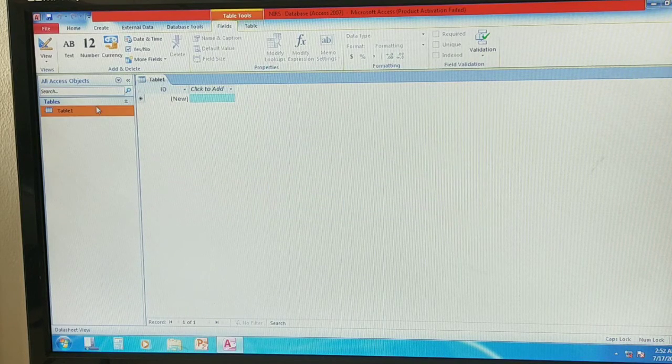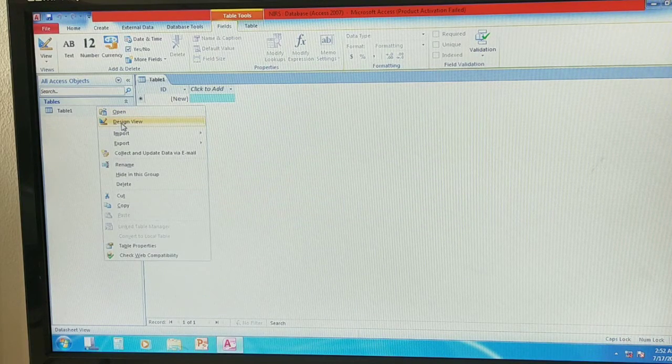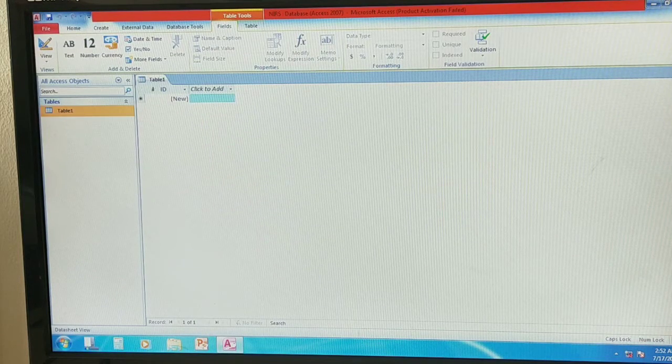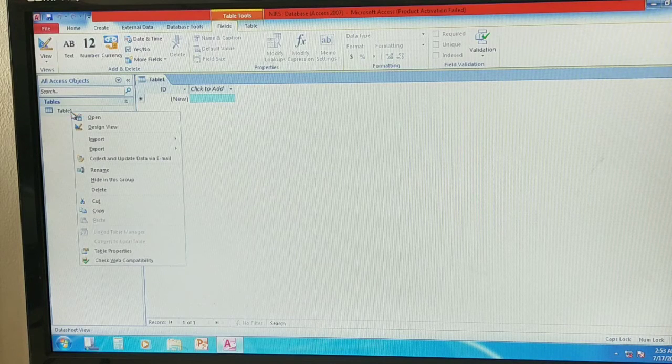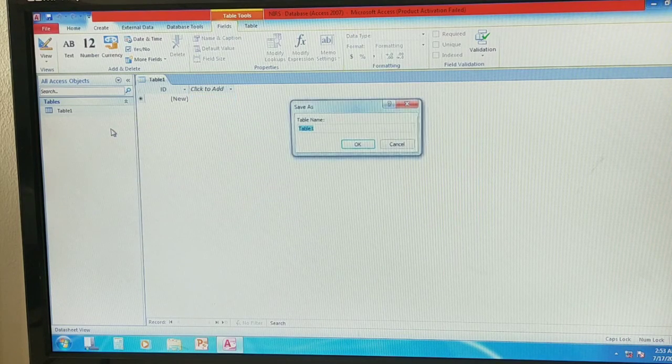Right click on the table and then click on Design View. When you right click, you will get Design View. Click on Design View, and you can put your desired table name.